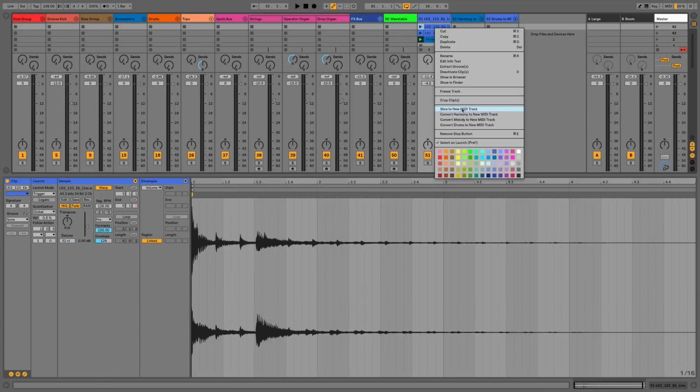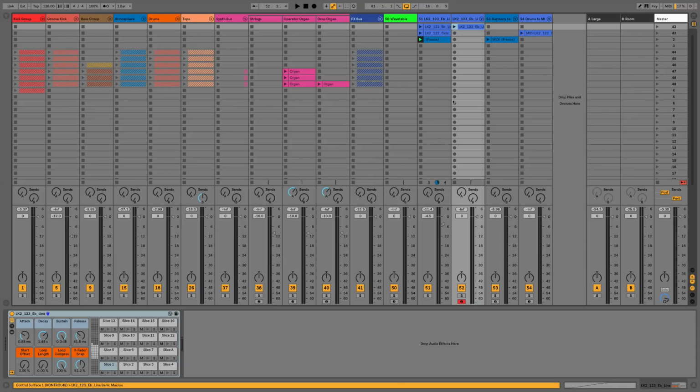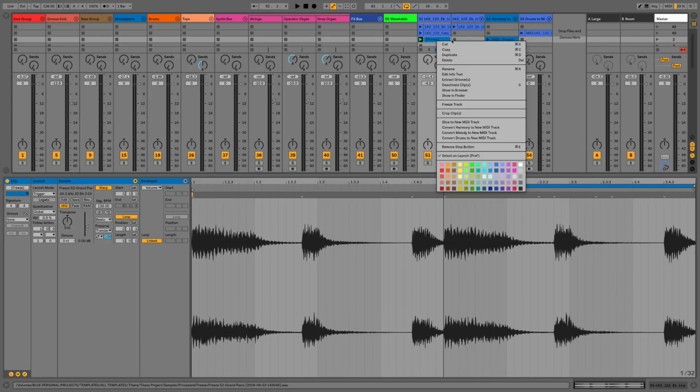And we've also got things such as slice to new MIDI track. And there's a bunch of different ways we can do this. And what it's done is it's sliced all of these sounds. So you can hear that's the main one. And then after that we've got the echoes. And then the final one is melody.